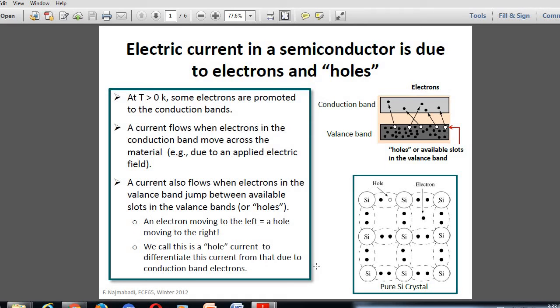Hello, today we are going to discuss p-type materials and n-type materials, also the basics of semiconductor diodes. Before discussing semiconductor diodes and p-type and n-type material, we should know the types of material and the definition of each. There are three types of material: conductor, insulator, and semiconductor. Actually, the semiconductor is used to construct electronic devices like diodes, transistors, etc.